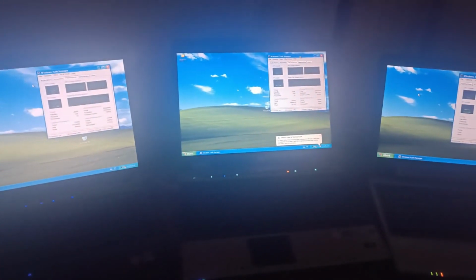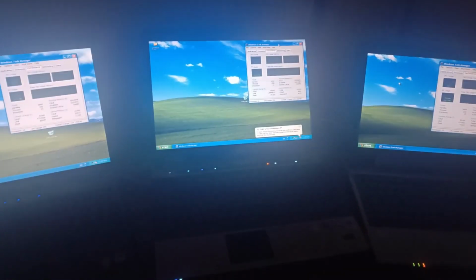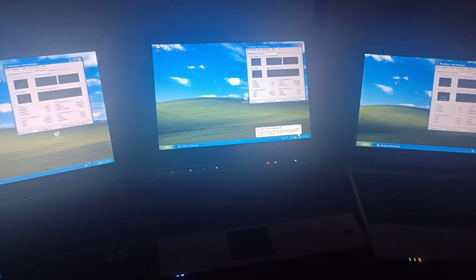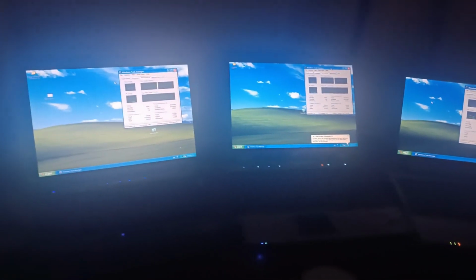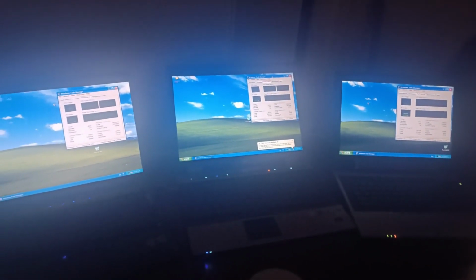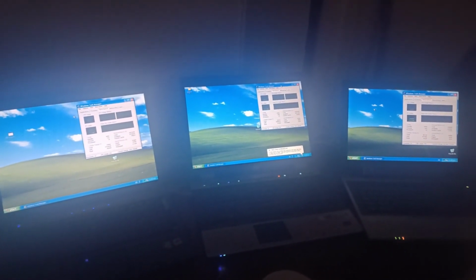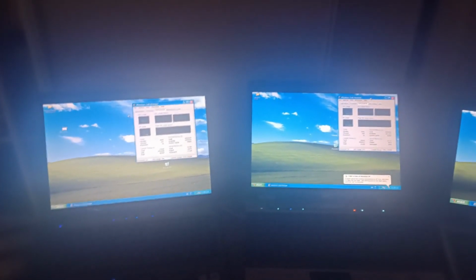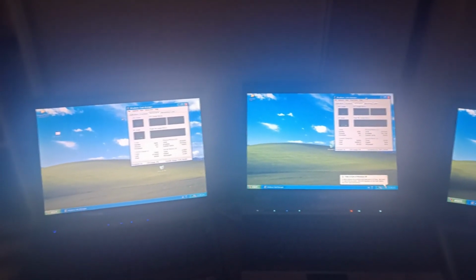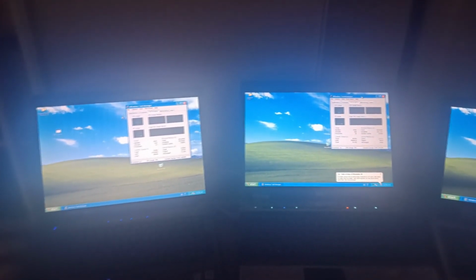Okay, so to quickly take you around the three computers we have here, we've got a Compaq Presario V6000, an HP EliteBook 8530p, and a Toshiba Satellite M50. Now these are all running Windows XP. They're actually running XP RTM, which is the release to manufacturing version of Windows XP. And I chose this because it is literally XP with no updates, so nothing's been patched, and this worm has the best possible chance to work its magic.